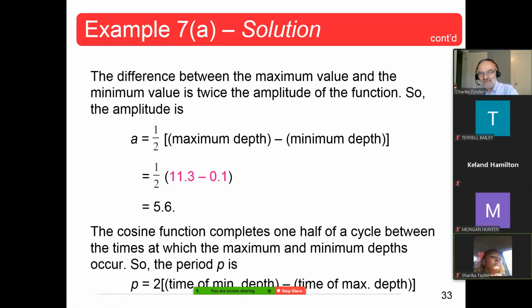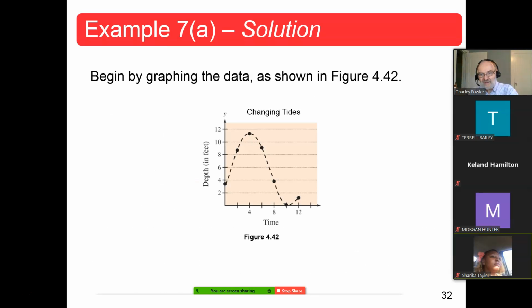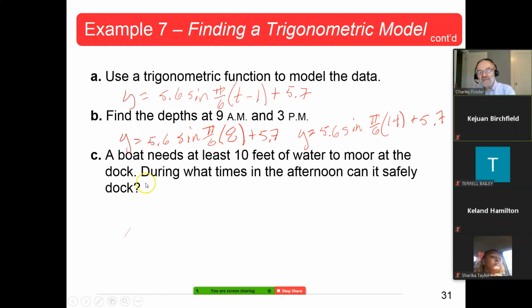Now this one's a little bit tougher to do. This says a boat needs at least 10 feet of water to moor at the dock. During what times in the afternoon can it safely dock? Okay, well the depth was 10. So basically what we're doing here, and I'll tell you ahead of time, they're doing it graphically. I'm going to show you how to do it mathematically. Okay, so the y here is 10. 10 is equal to